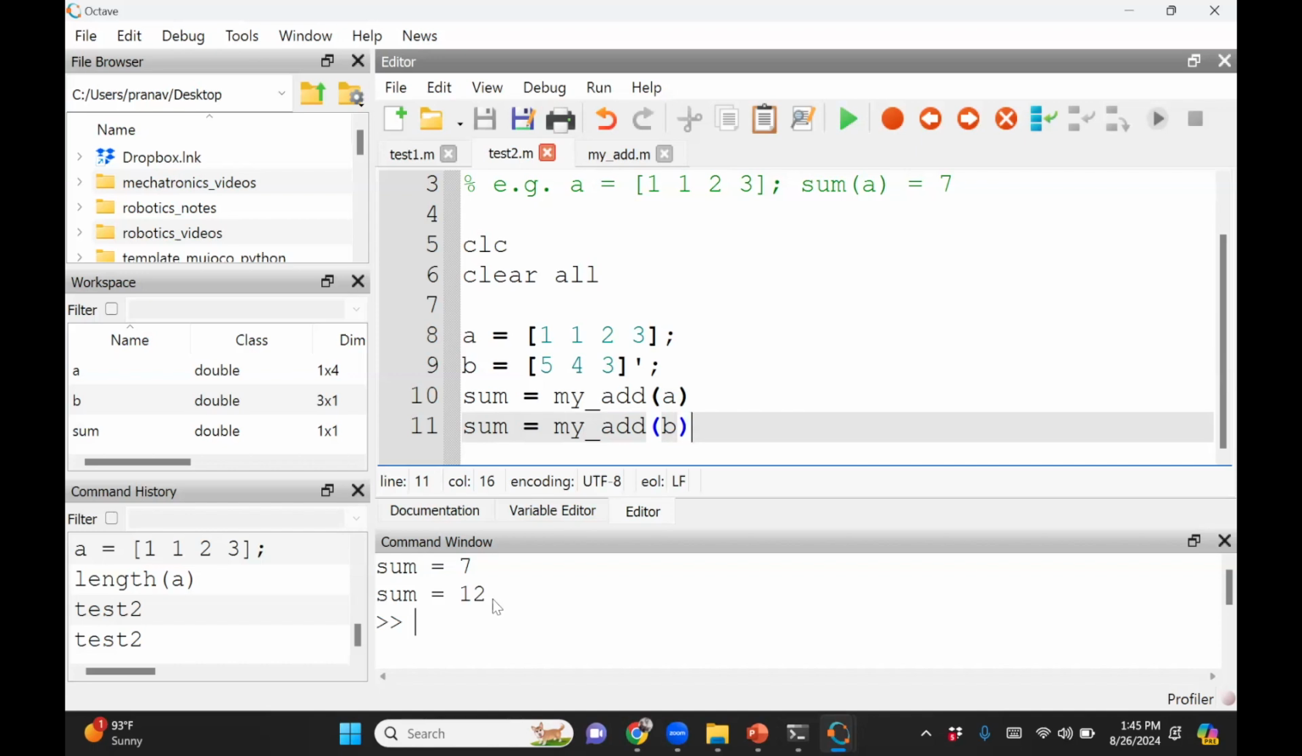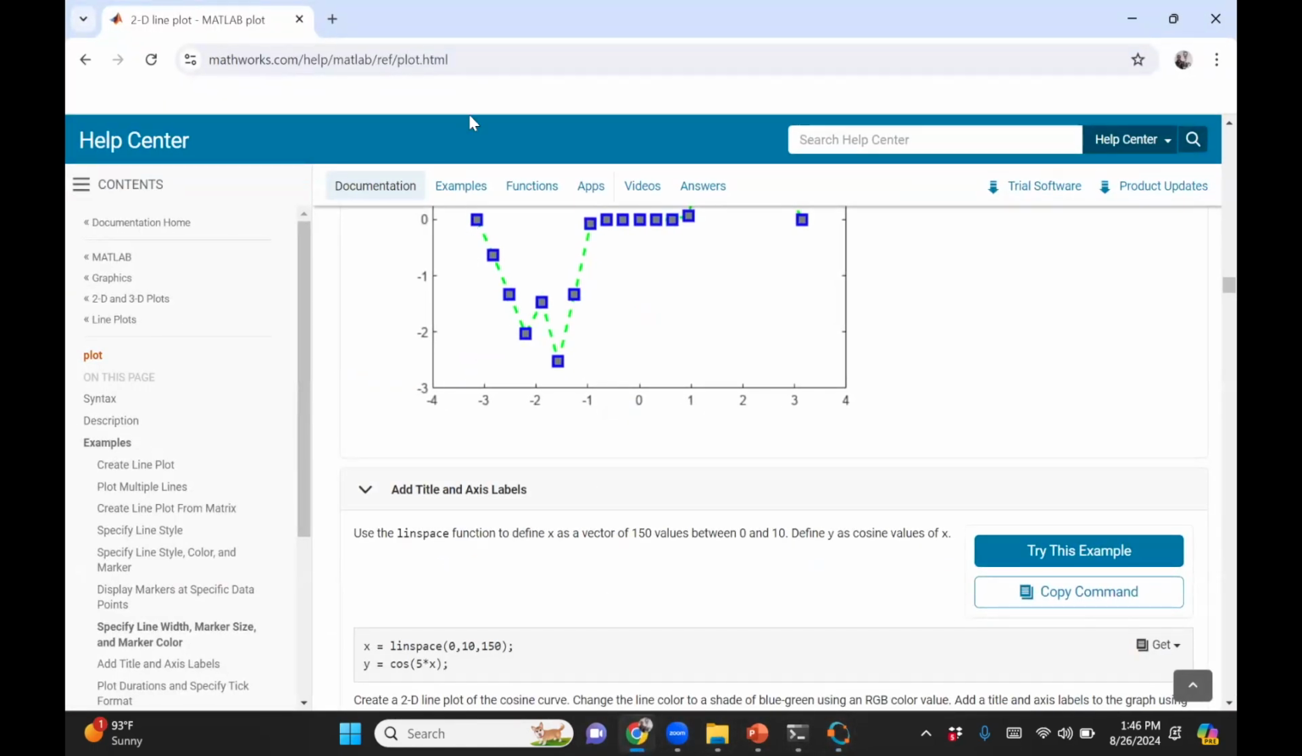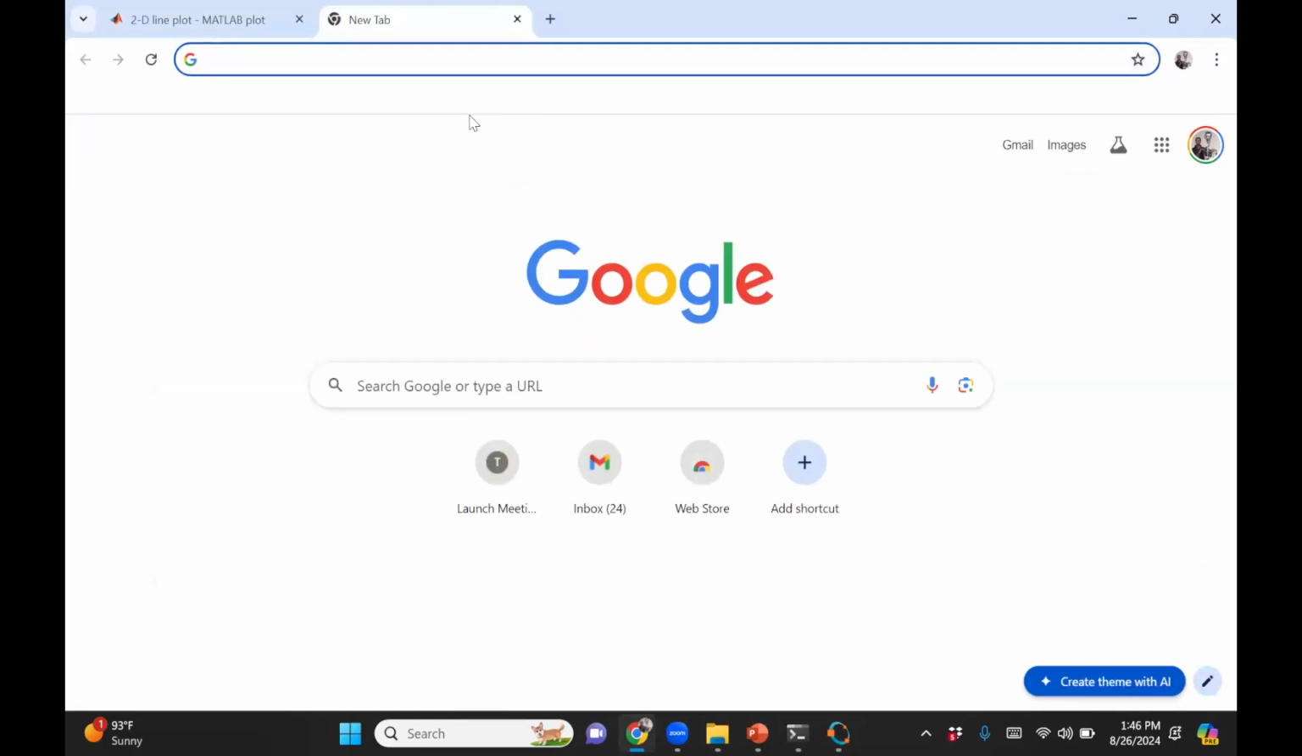Okay, so clearly I wrote a myAdd, but what I recommend people is, before you try to reinvent the wheel, always check if there's a function. And in fact, there is a function. So here, the Octave help is not that great. But if you search here and say MATLAB,